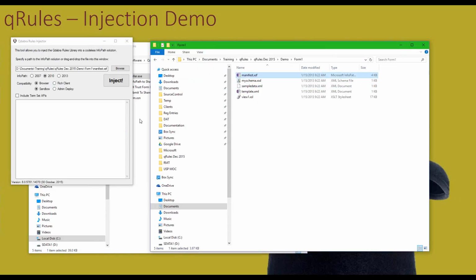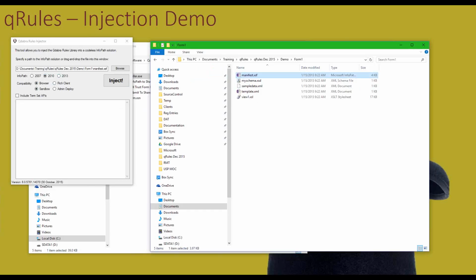So I'm just going to drag and drop this. Now, here's our options. You can see that the injector kind of figured out that this is a 2010, and it defaults to browser and sandbox. Unless I am using one of the rich client only commands, of which there are some, but unless I'm using one of those, I usually leave this at browser and sandbox. I don't usually inject with rich client unless I for sure need one of those commands. So even if this is a filler form, I usually just use browser and sandbox, just because the code is simpler, there's a little less code, the DLL is a little smaller.